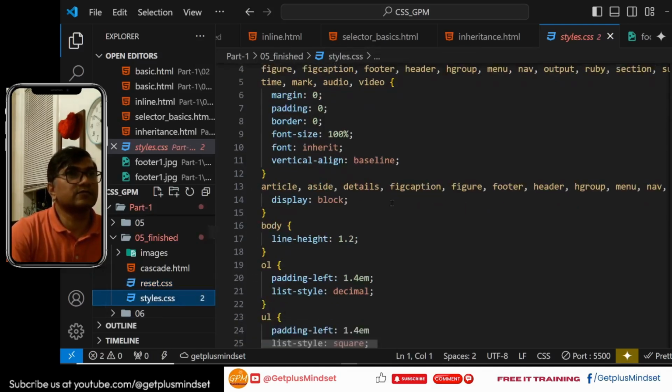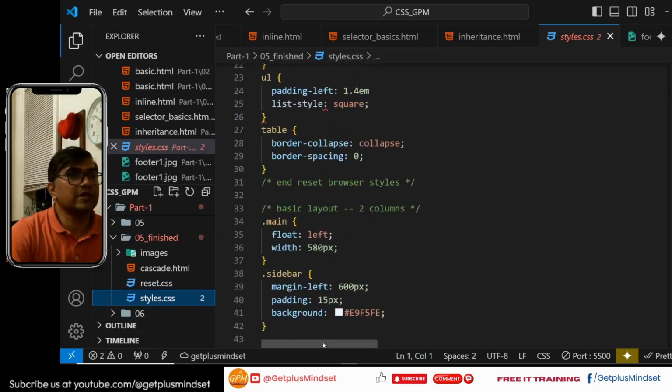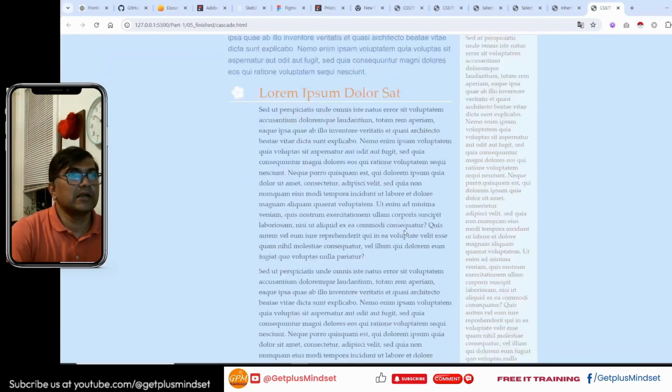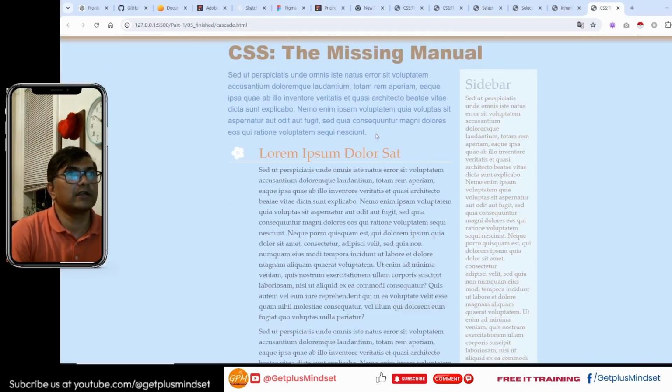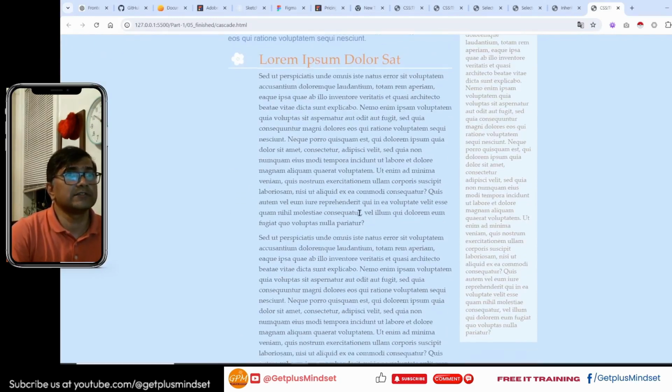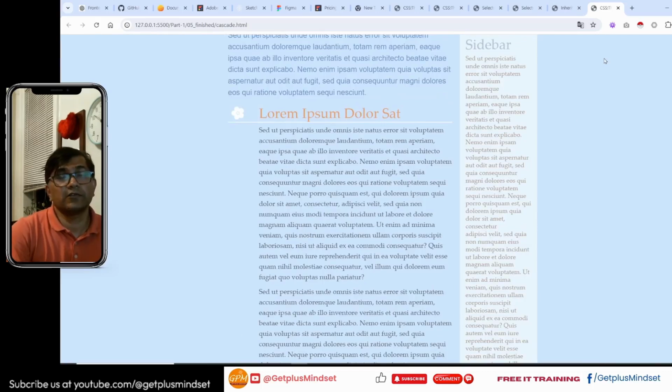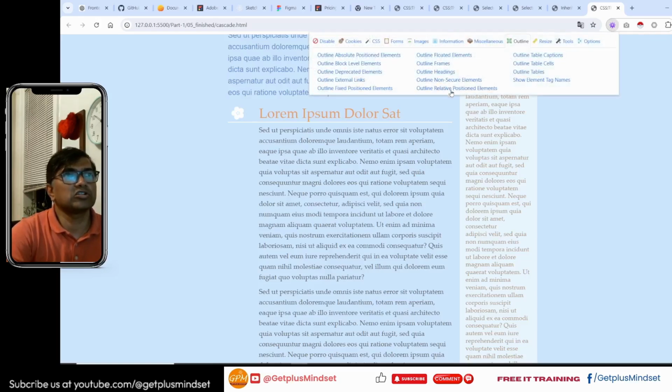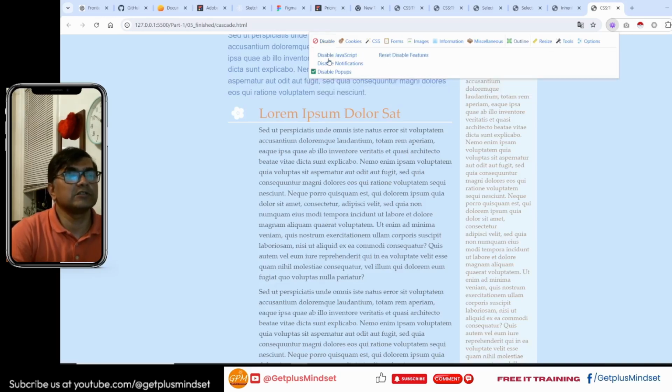So here is the CSS for this nice looking HTML page, and the background and all those things are quite visible here. One very significant Chrome extension helpful for developers is the Web Developer extension. When we click this extension, we can examine this page from various categories. Like, we can disable the use of JavaScript, we can disable the cookies, and